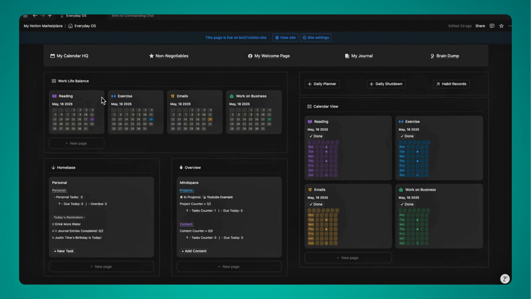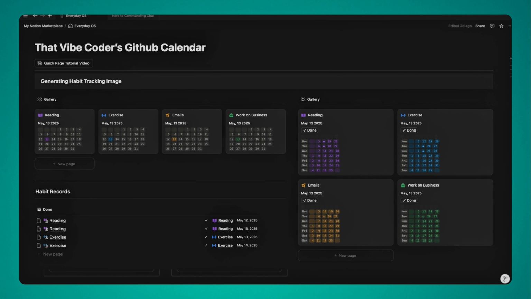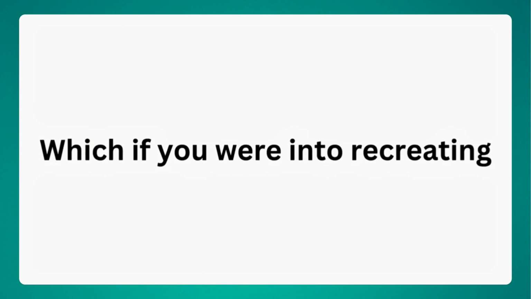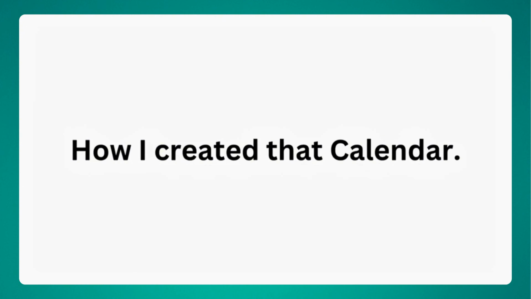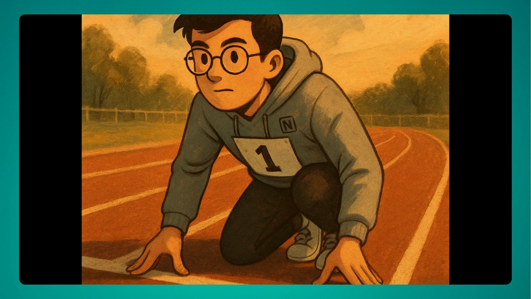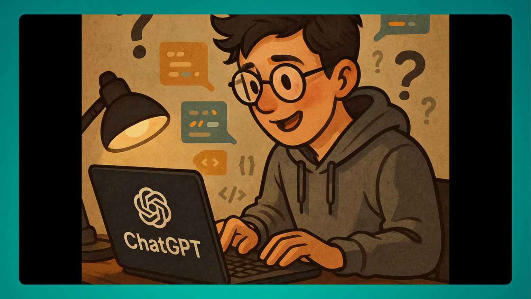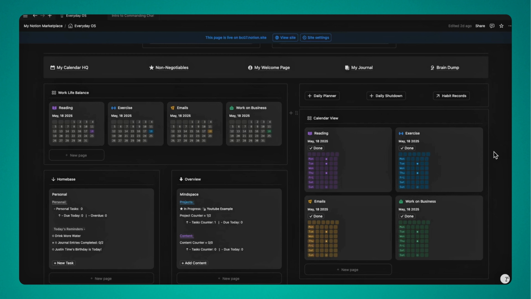And right above that, you can currently see we have our database that revolves around work-life balance. This is a specialized dashboard view that is also synced over here on the right to show the very anticipated GitHub dashboard calendar, which if you are into recreating, I'm going to be posting a full in-depth tutorial of exactly how I created that calendar and how to get you on your way to recreating that for yourself. Like I said, I'm going to go more in depth in the video that's coming out this week on the